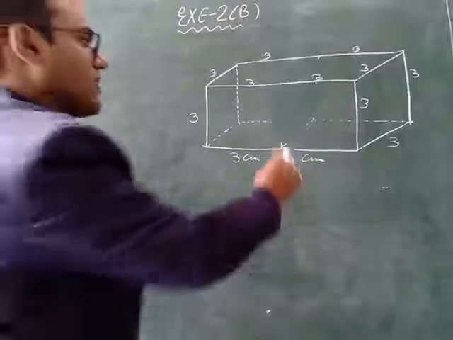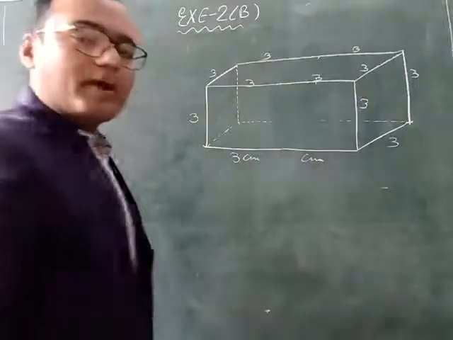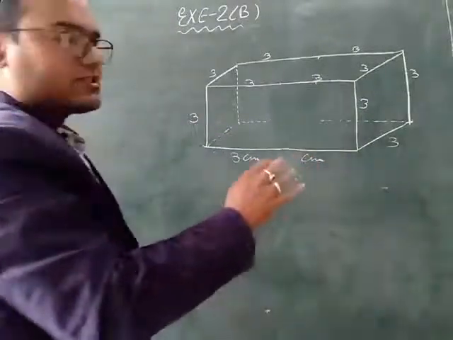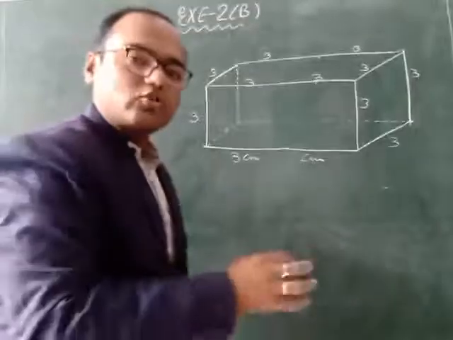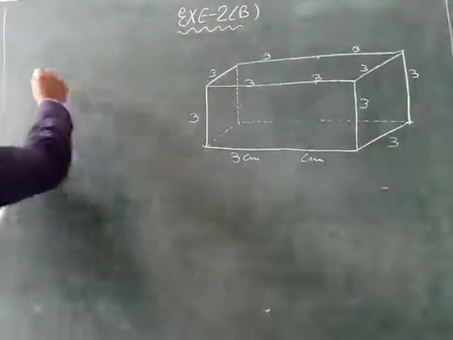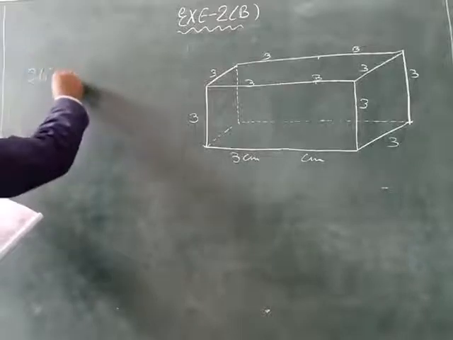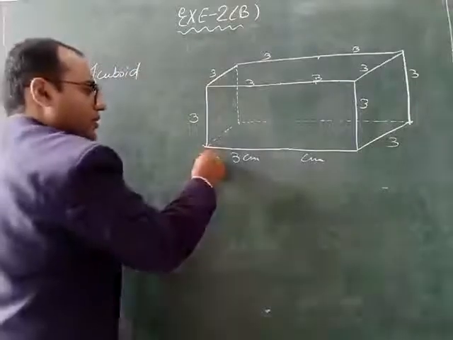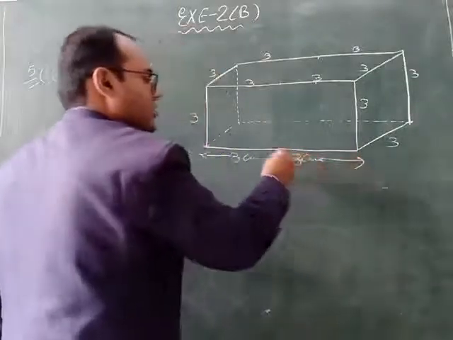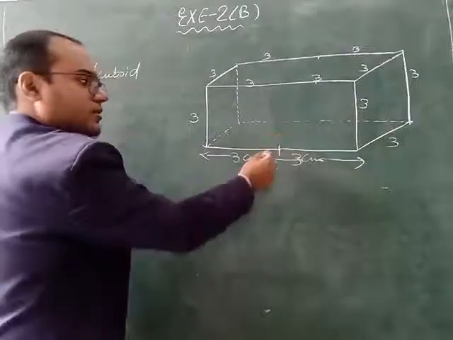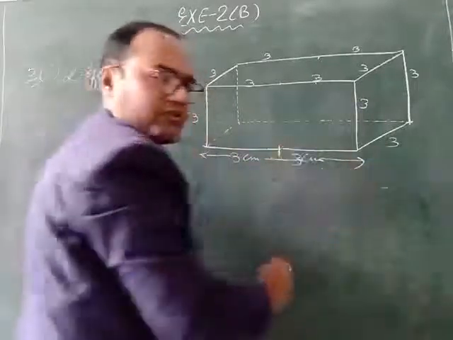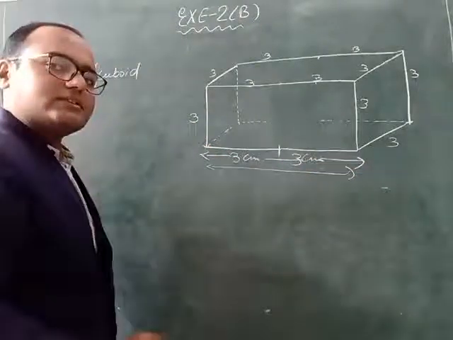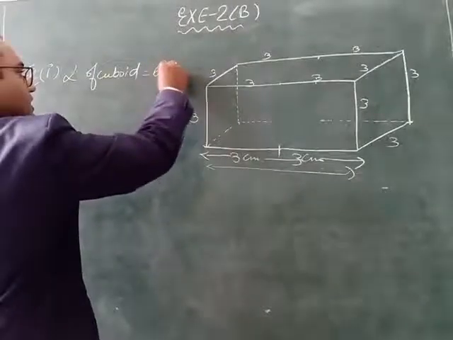So here we will get one new figure and the name of the new figure is a cuboid. On joining two cubes, we are getting a single shape figure, and that single shape figure is a cuboid. So in this question, first of all we will write the length of the cuboid, from here till here. Here you will observe two cubes we joined. One cube is having 3 here and another cube is having 3 here. But for the cuboid we have to take the full length. So the full length will be 6. So the length of the cuboid is 6 cm.